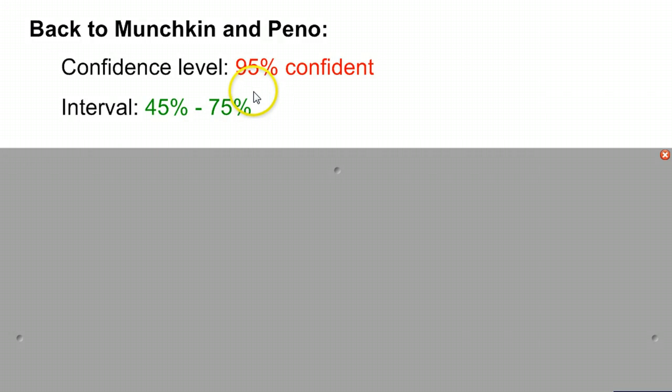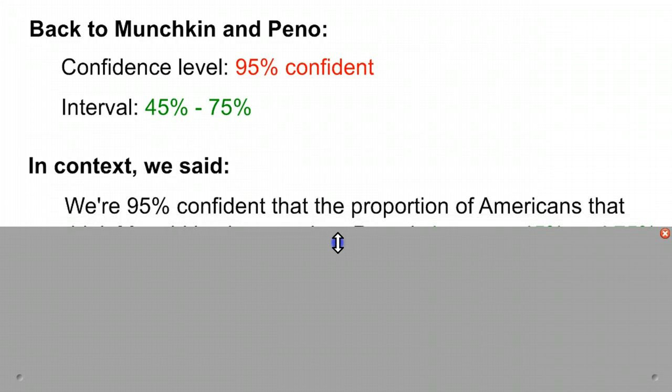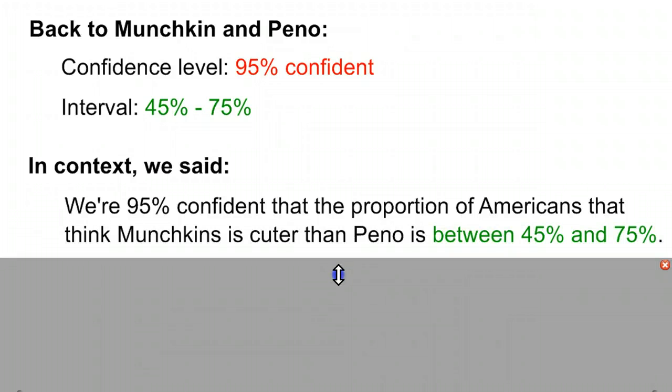Going back to the example we had earlier, we had Munchkin and Pino, the puppy and the kitty, and our confidence level was 95%, and we calculated our interval to be somewhere between 45 and 75% of the population. Now in context, we said that we're 95% confident that the proportion of Americans that think Munchkin is cuter than Pino is between 45 and 75%. We got that by saying we did a survey of Americans and we're comparing Munchkin and Pino, the kitty and